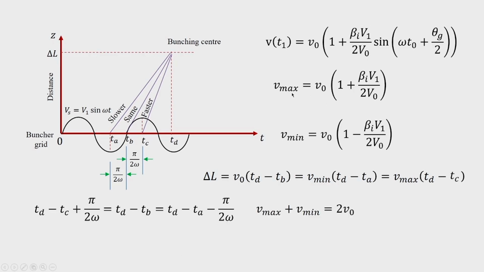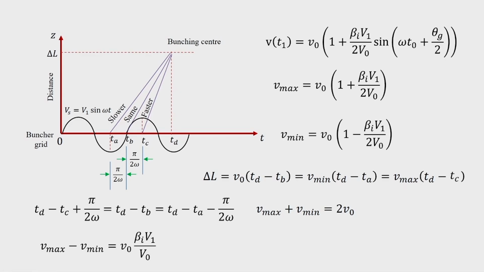We also find that V max plus V min is equal to 2 V naught, and V max minus V min is equal to V naught into beta I V1 by V naught. So, using these relations, for example, we can multiply here by V min, we can multiply here by V max,